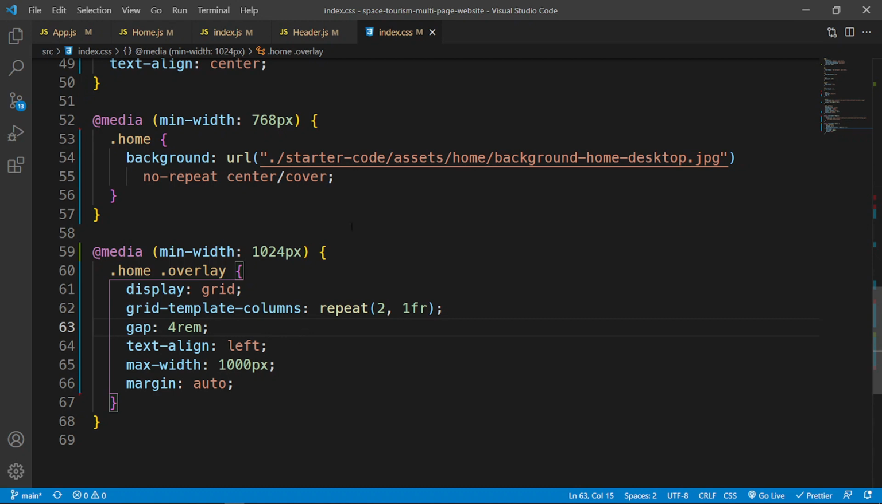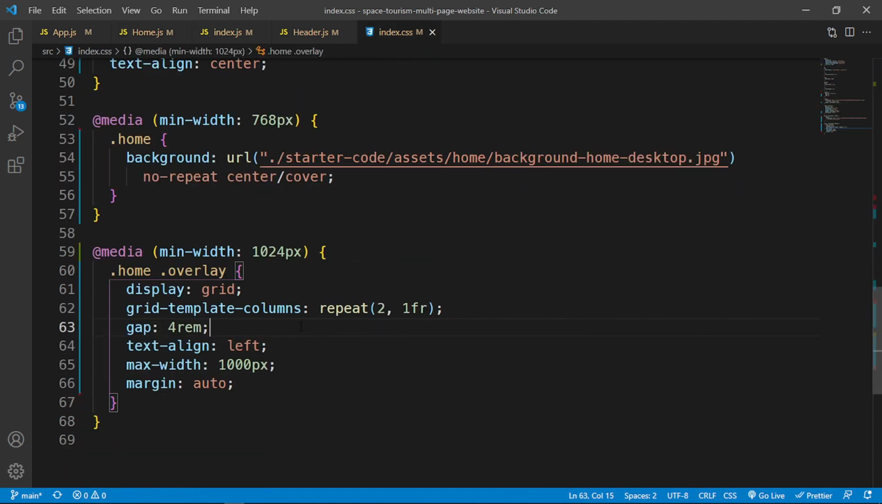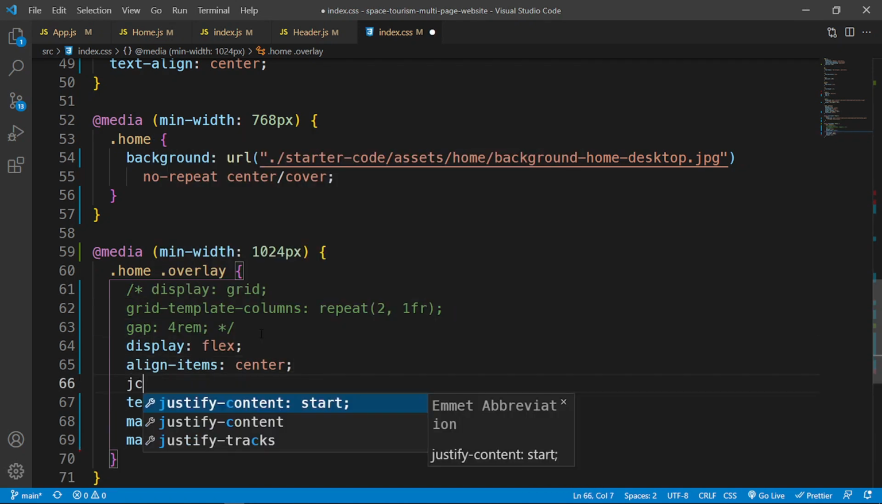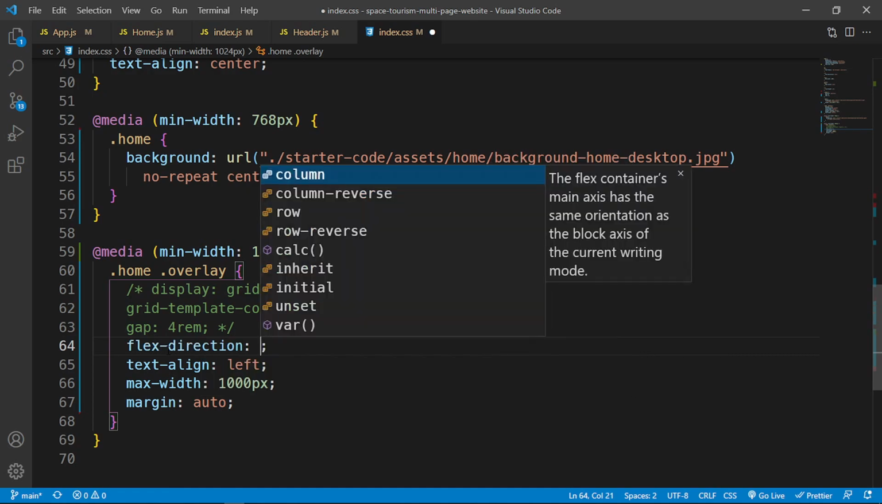What we can do is, before I forget, let me remove these tiles from here because they're going to mess us up. Let me comment this out, and then let's say display flex, align items center. It's already flex above here, so I don't need these classes. So let's just say flex direction, set this to row